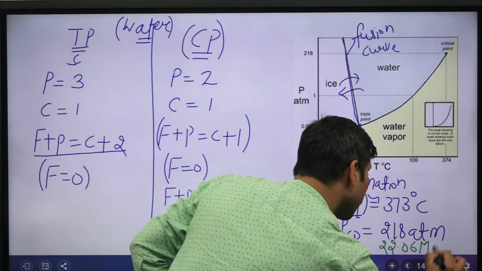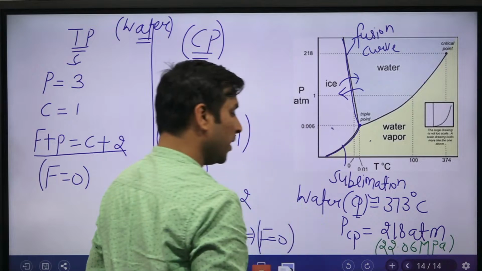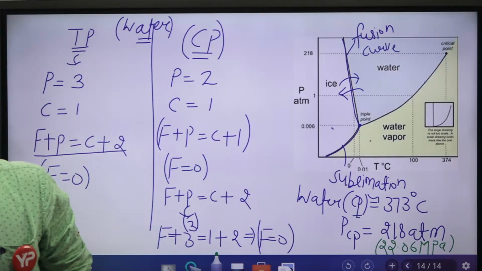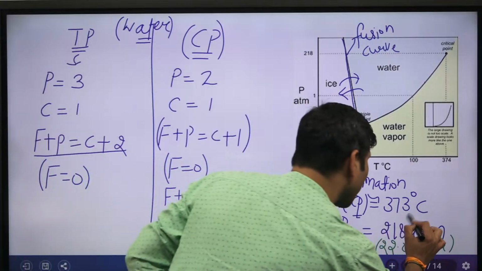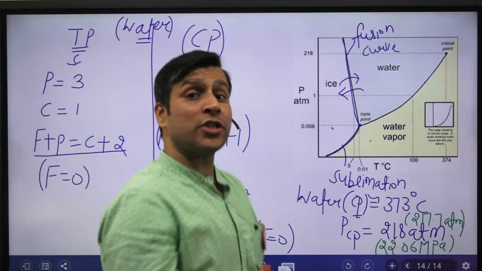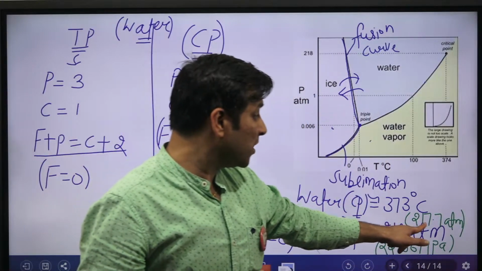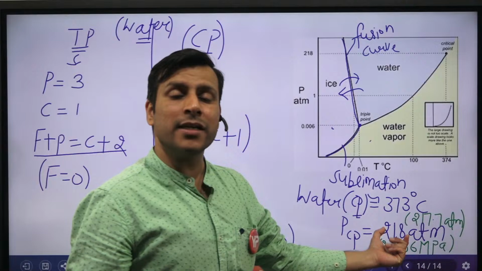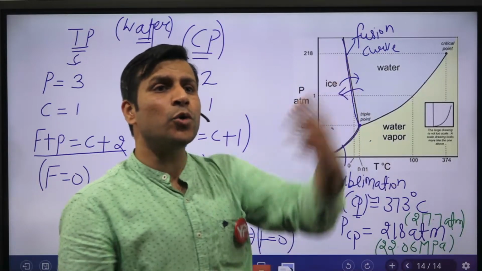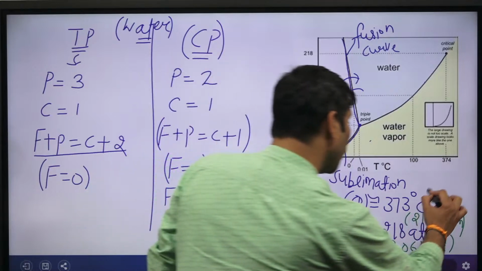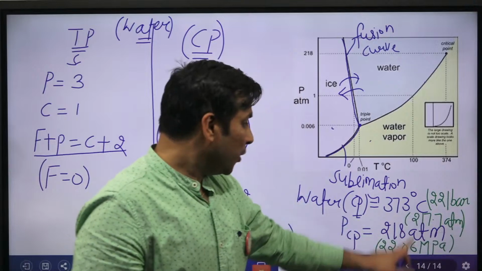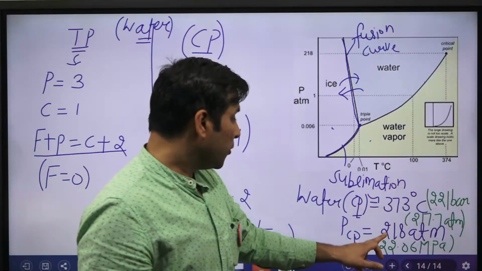22.06 megapascal. This is the information which you can remember. Okay, 22.061 megapascal, and you can write it as 217.7 atmospheric. Exact लिखना चाहोगे तो ये लिख सकते हो, 217.7 atmospheric. मतलब एटमॉस्फेरिक प्रेशर का 217.7 एटमॉस्फेरिक टाइम, जनरली वी राइट इट 218 एटमॉस्फेरिक। और अगर बार में लिखना चाहोगे तो बार में क्या हो जाएगा, इट विल बी क्लोज टू 221 बार। एवरीथिंग इज राइट, सभी ठीक है। 221 bar, this is also right. 217.7 atmospheric, this is also right. 218 atmospheric,